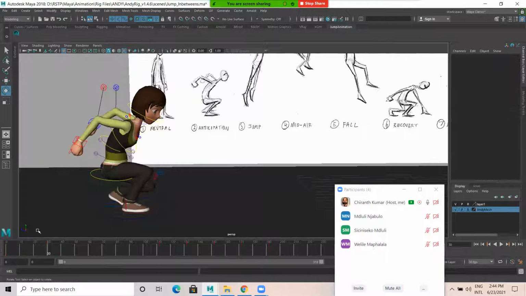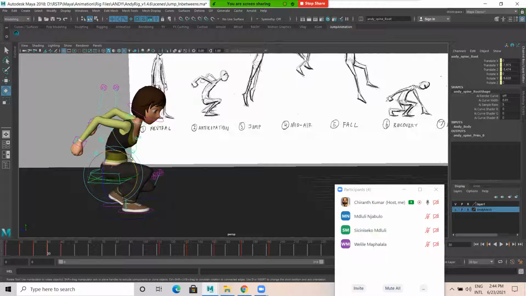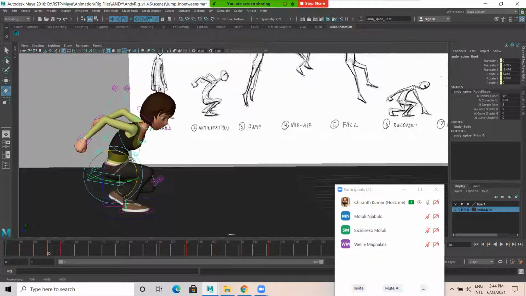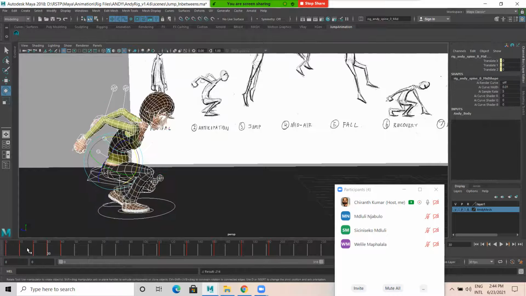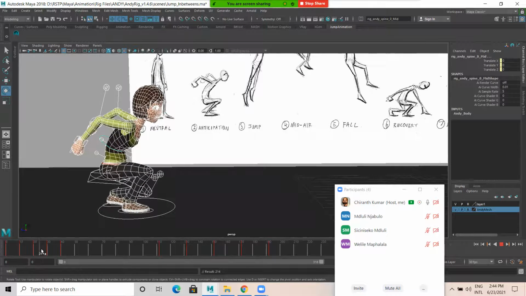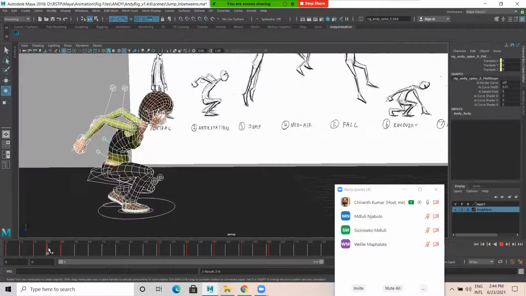50. Okay, 30. Let me rotate the body a bit. See, there's a movement.